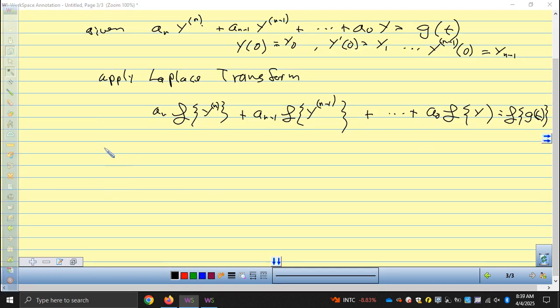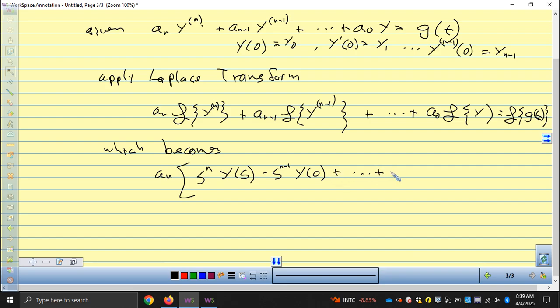And this becomes a sub n. We end up with s to the n Y of s minus s to the n minus 1 y of 0 plus up to the n minus first derivative evaluated at 0